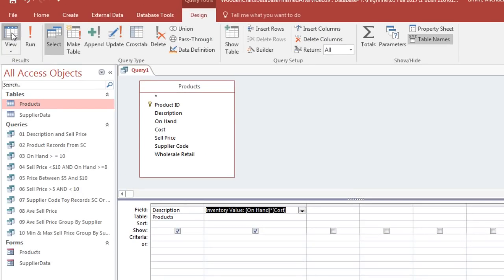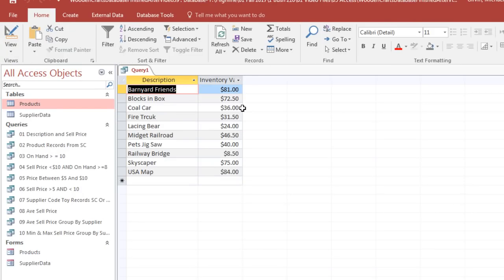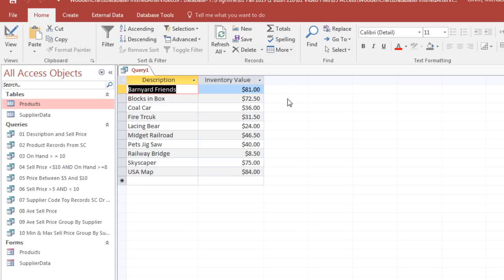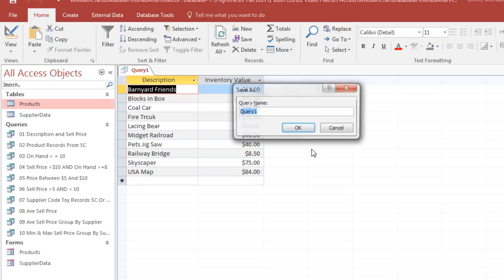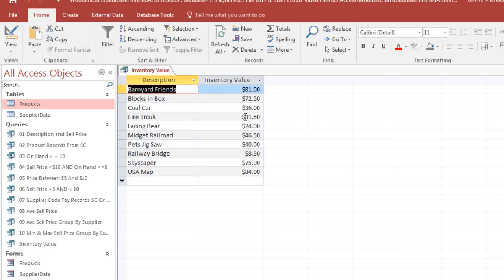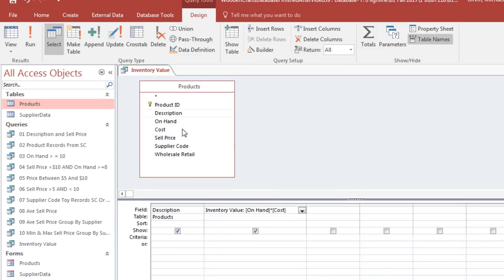When I come up and click View, there's our inventory value. I can change the column width. Control S, and I'm going to give it a smart name like inventory value. Click OK. Now I want to go back underneath, and if you misspell something,